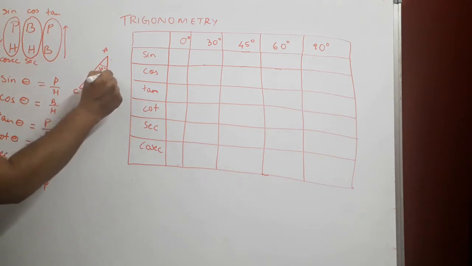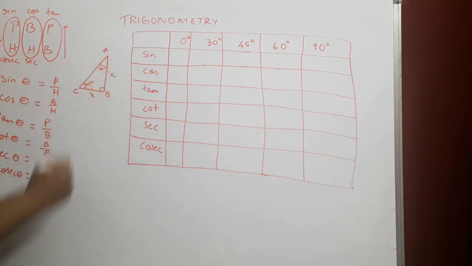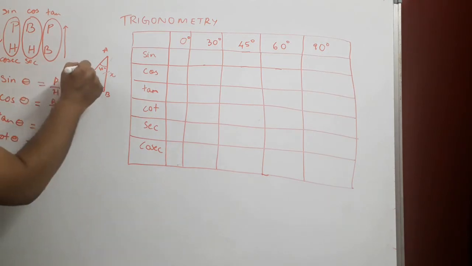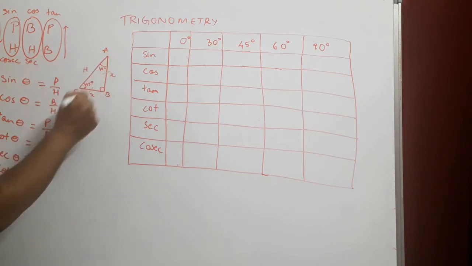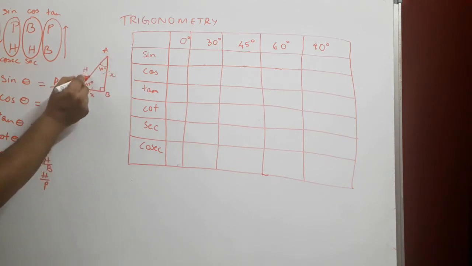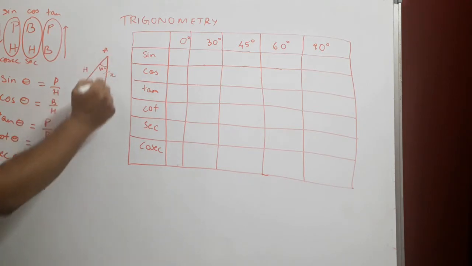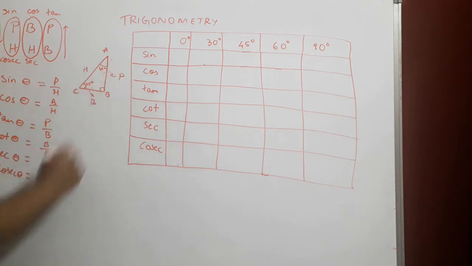So we also can say AB is equal to X. Now we need to find out what is AC. Why do we need to find out what is AC? See, we are dealing with perpendicular, hypotenuse and base. So this is our hypotenuse. You see, why is it hypotenuse? Because it is the side opposite to the right angle. This is our base. BC is our base, and AB becomes our perpendicular.